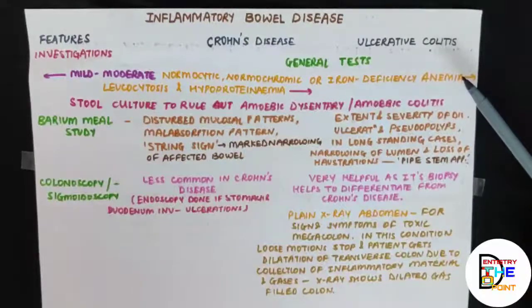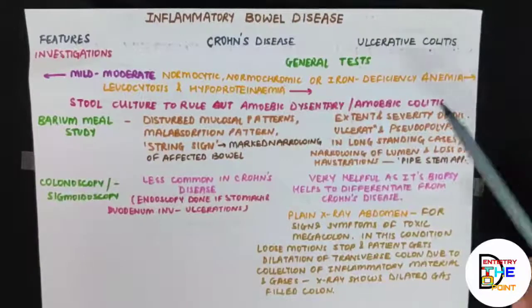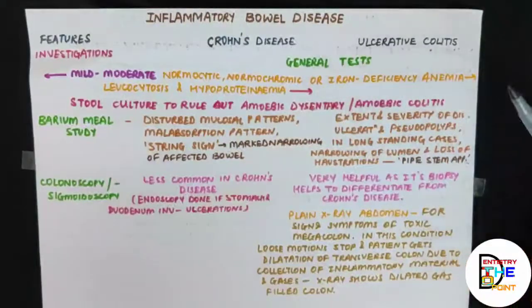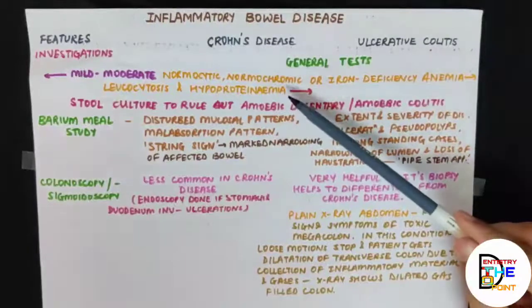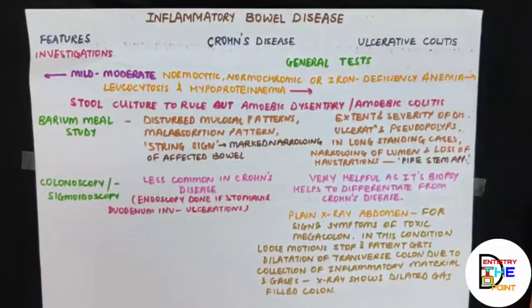Then you have leukocytosis, that is obviously because it's an inflammatory disease and there is going to be a raised WBC count in an infection. And then hypoproteinemia, that is a lowered protein level in the blood. Why this is seen is because of dehydration, inadequate water intake or excessive water loss, vomiting, diarrhea. All these are going to end up in hypoproteinemia. As we have already mentioned in the clinical features, diarrhea is present in both the syndromes while it is severe in ulcerative colitis. That's why I said please watch the part 1 video first, so that you are well versed with the basics of the disease, so the investigations and treatment are going to be simple for you.